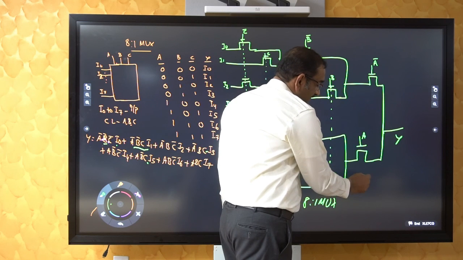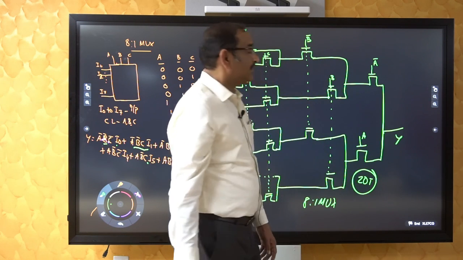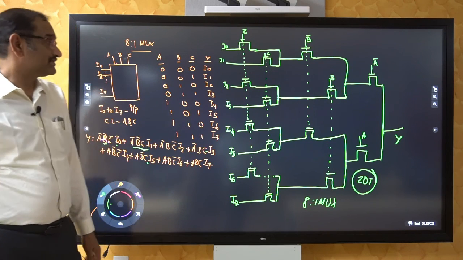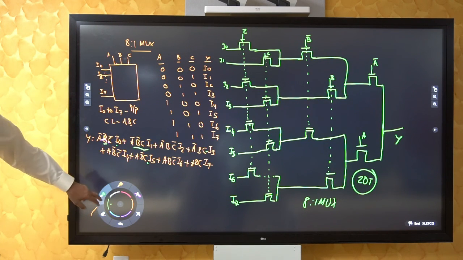So this is a great advantage and a simple implementation of 8x1 mux using pass transistor logic. Let us see, this is